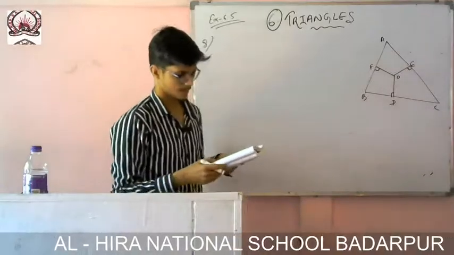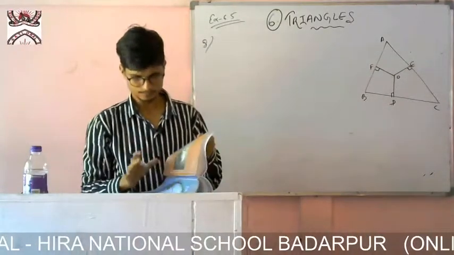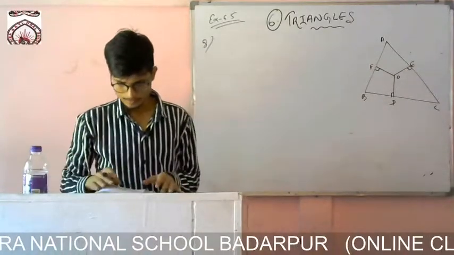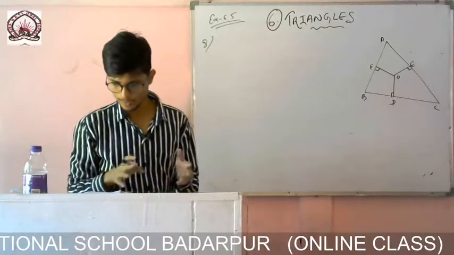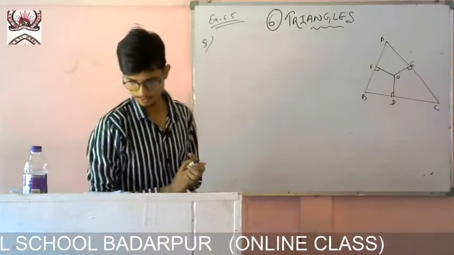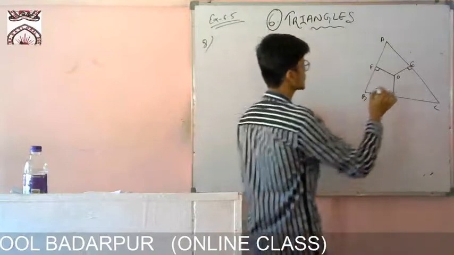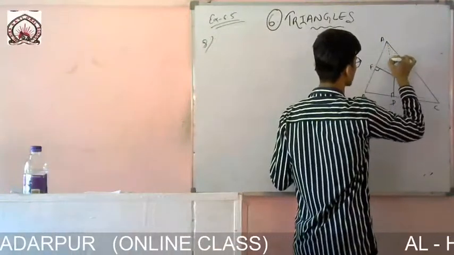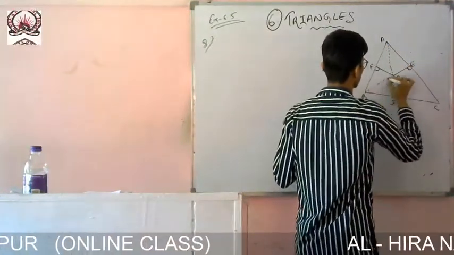Okay, so this is given in the question. I have to prove that OA, OB... to find this, first of all I need to draw something. The question is to find OS. These things are given, so I need to join this.